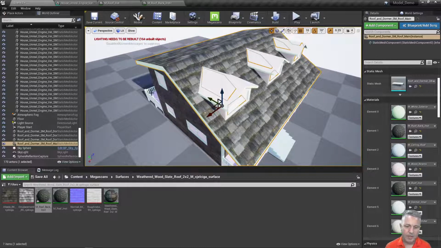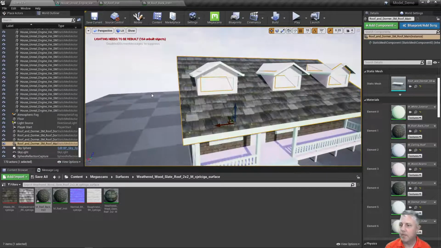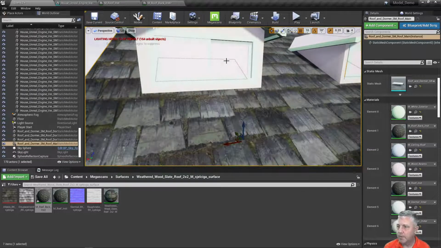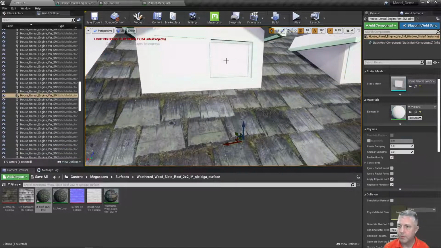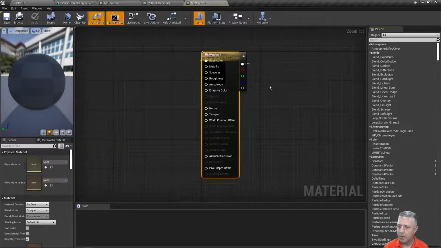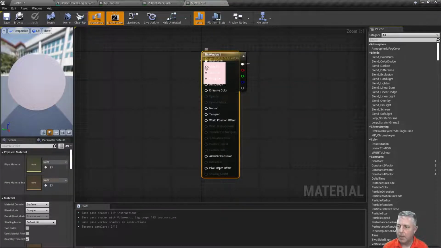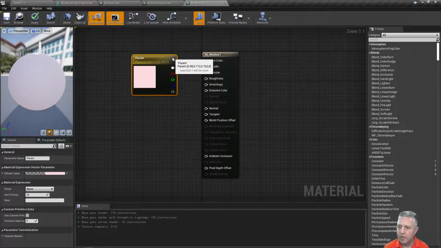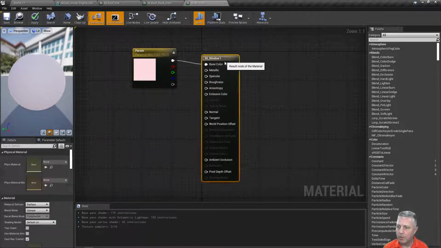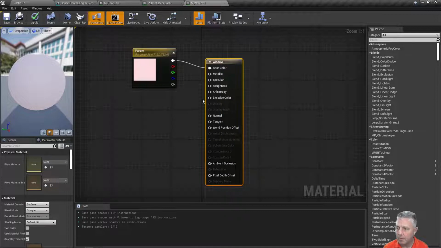Now the last thing I need to do before I let you out of here is these windows. They're not transparent anymore. When we first sent them over from Maya, they were, but they're not. But we can see we have this material right here called M Window 1. So we're going to double click on that and open this material up. Since this material applies to all the windows, when we change this, it should fix our issue with all of the windows. Now we want to set up our opacity,